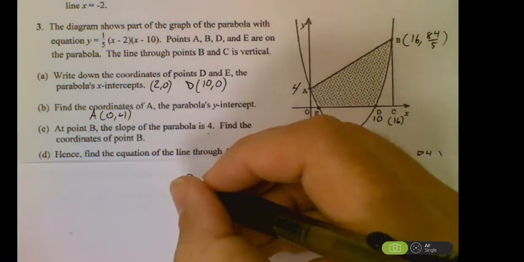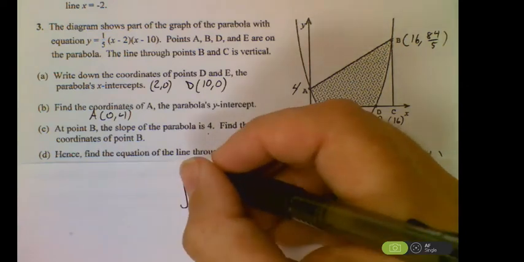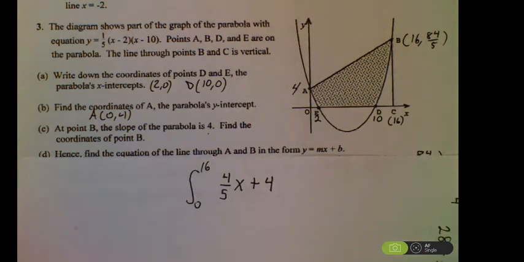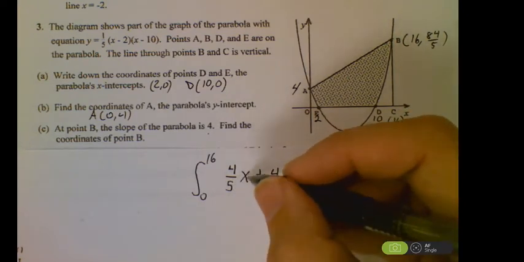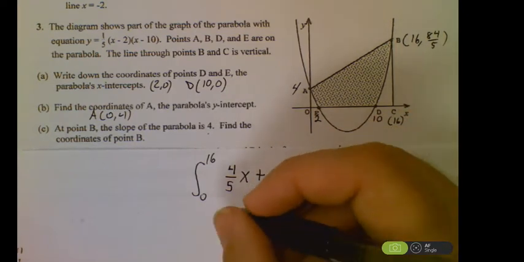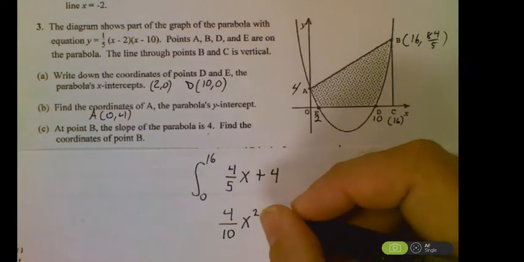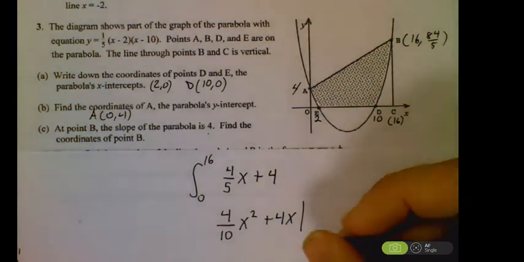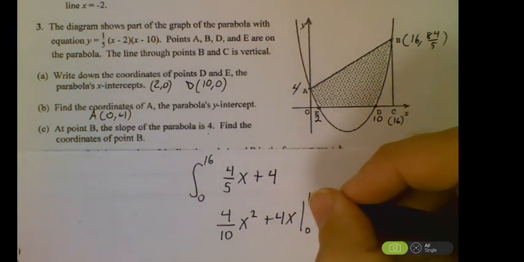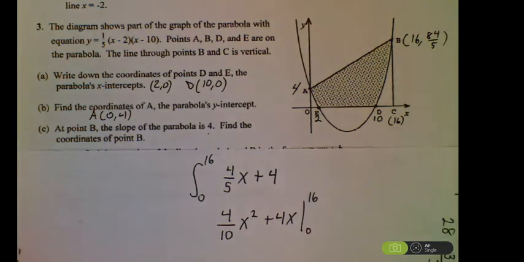And if we integrate that and evaluate it from 0 to 16, we should get the area below it. So do the integral process. So you got your 4/5 x squared over 2, which is going to give you 4/10 x squared, plus 4x to the first over 1. We're evaluating that from 0 to 16. Obviously, again, the 0 is going to give us a 0, so I just need to plug in the 16